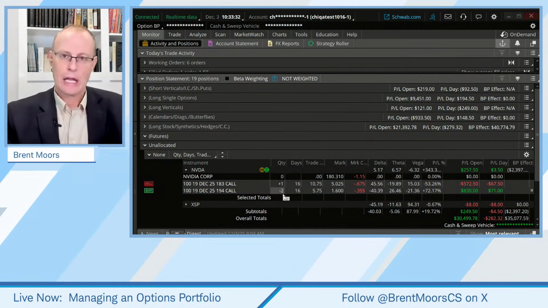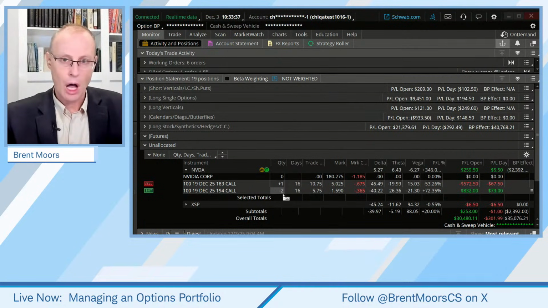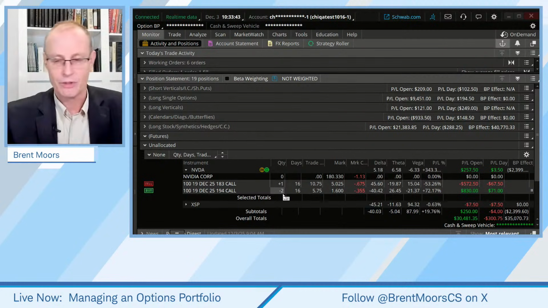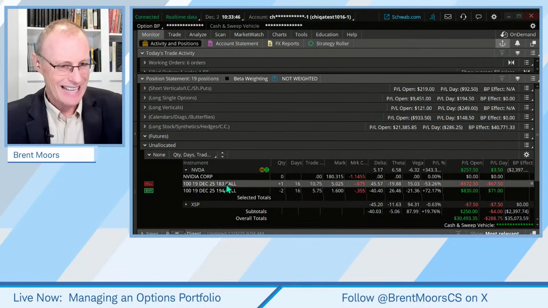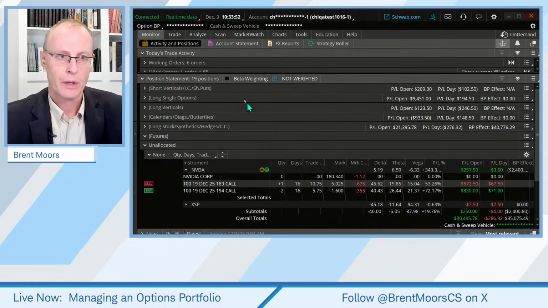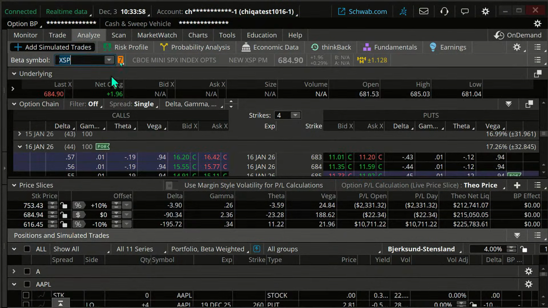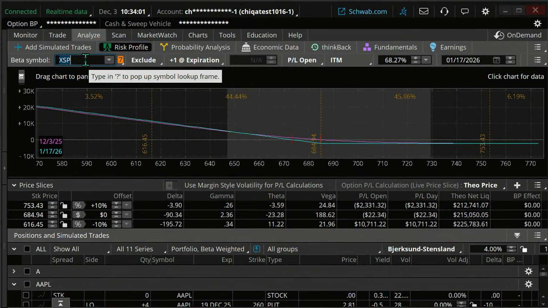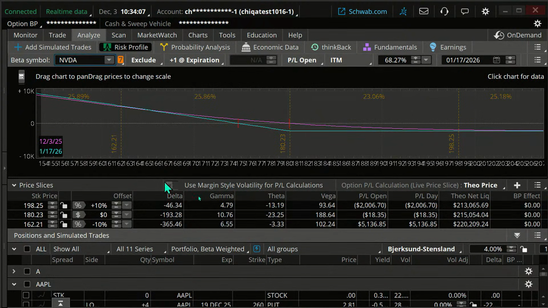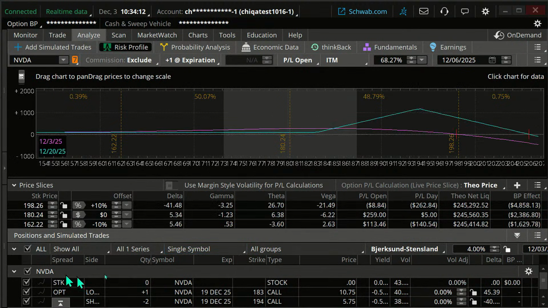On some trades, it's obvious where you want the trade to go. Long call, I think most people know I want the stock to go up. Long put, I want the stock to go down. Short put vertical, maybe clear enough. Maybe it's not as clear on strategies you don't use as much. So one thing you can always do is go to the Analyze tab. The Analyze tab is not just for looking at potential trades. You can look at existing trades on there. I'm going to go back to single symbol on this, and we're going to look at NVIDIA.